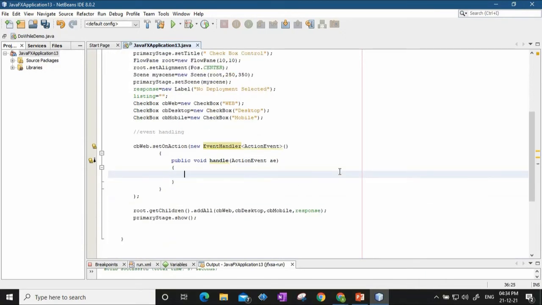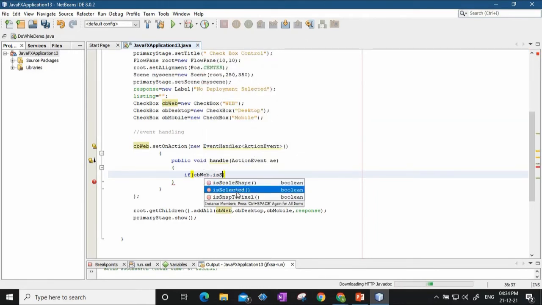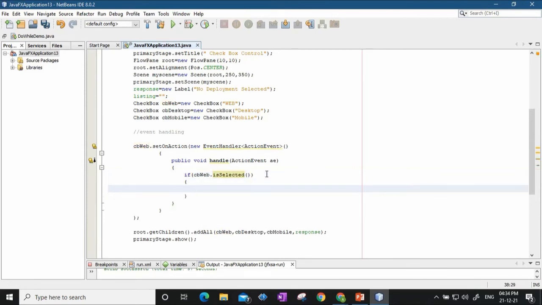For example, I will say if CB web dot is selected, then I will say the listing equal to listing plus equal to, so the old value plus equal to, I will just add the element to the list.